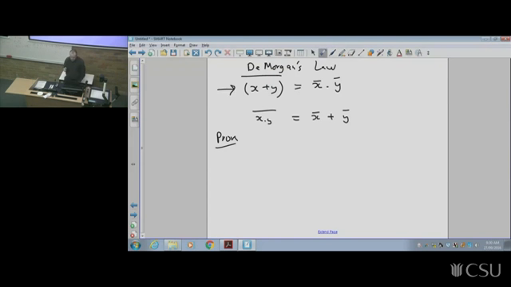So essentially, what we're trying to prove is that the complement of x plus y is x bar dot y bar. That's what we're trying to prove. We're trying to prove they're complements of each other. So what we need to do is show